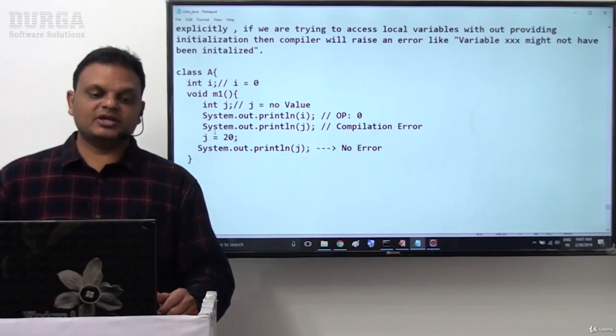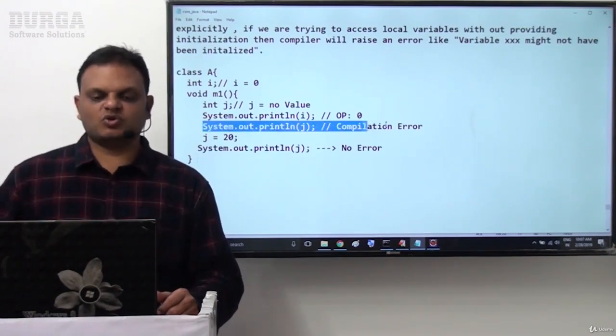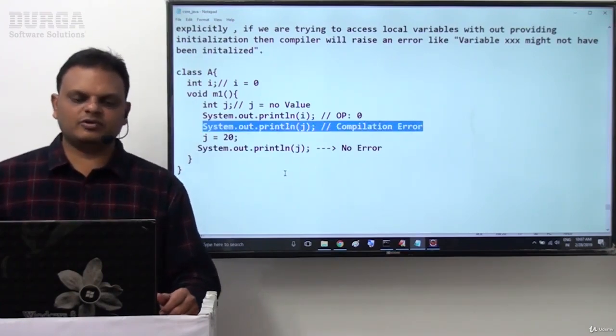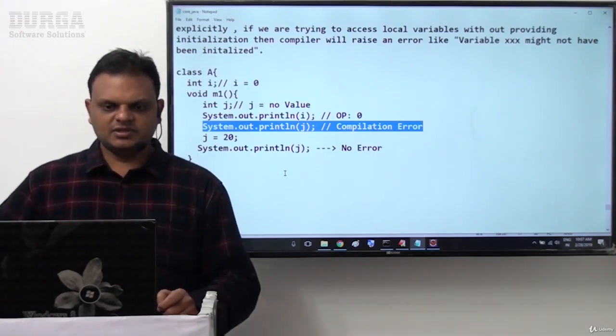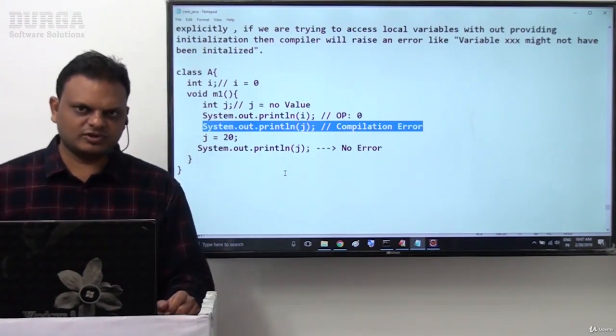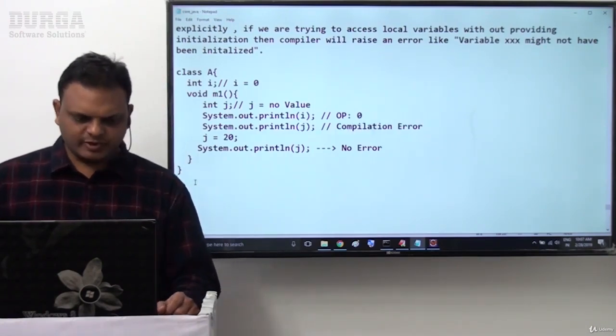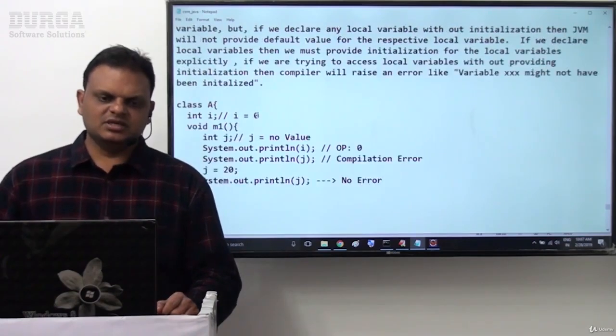Why? Because we declared the j variable and provided j is equal to 20, that means initialization was provided before accessing the j variable. When we provide initialization and then access that variable, we do not get a compilation error. But without providing initialization, if we try to access a local variable, definitely we get a compilation error. This is the point we have to understand.